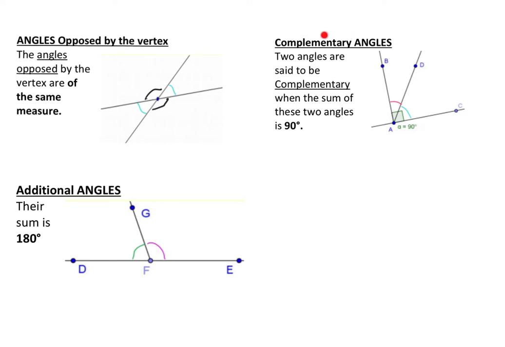We have a thing called complementary angles. These are angles that add up to 90 degrees. So if we have a right angle and it's split into 2 angles here, these 2 added together will make up the 90. Another way of looking at this is, say we had a situation like this and I gave you this one as an angle of 50 degrees, and I ask you to find angle BAD,